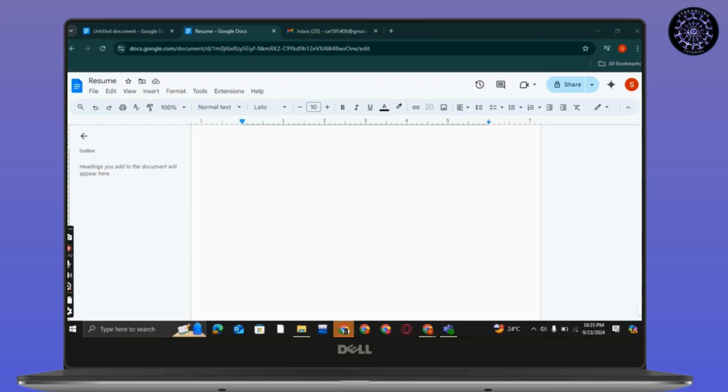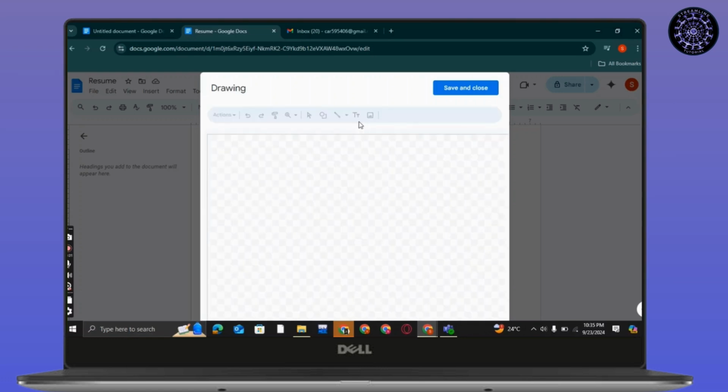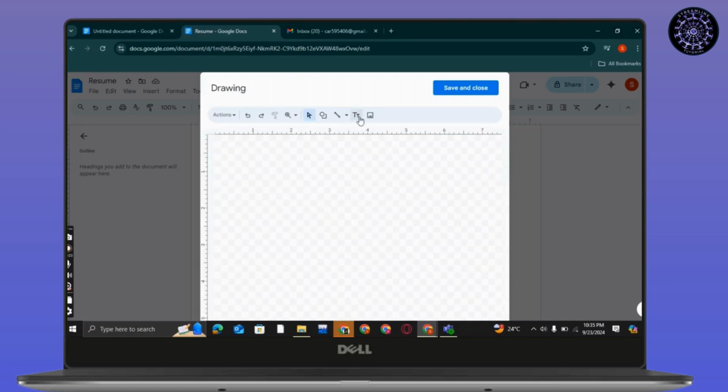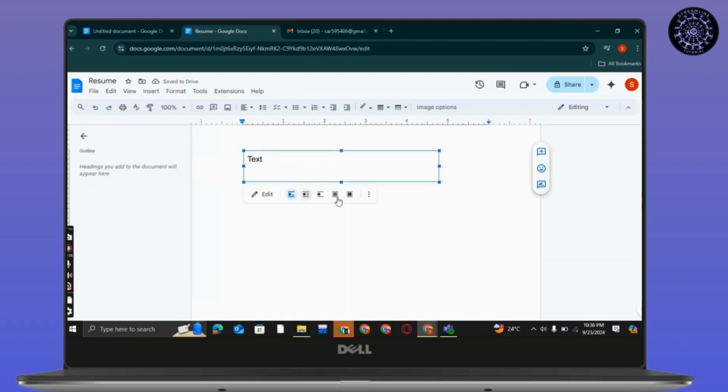So inserting a text box is very simple. All you have to do is go to insert, then go to drawing, go to plus new. Then here you will see this icon TT, which is a text box. Simply create a text box, write your text, simply save and close, and now you have got your own text